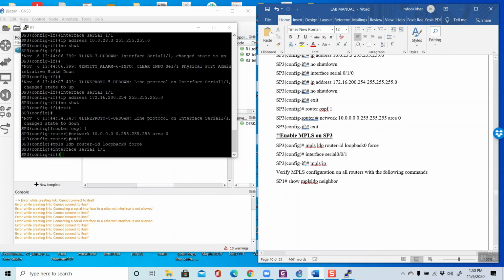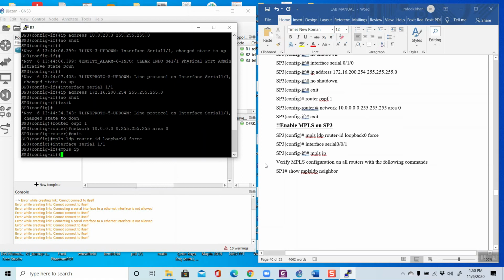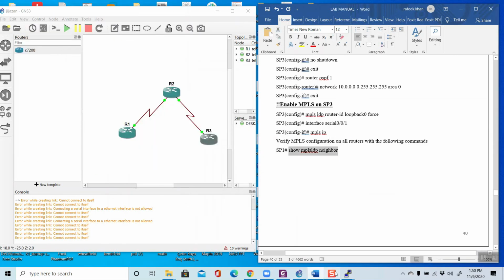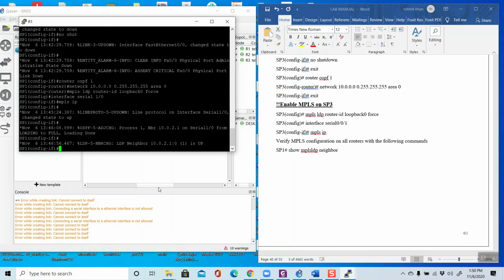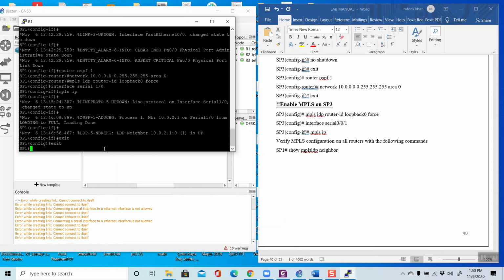Okay, now we will verify. Go to enable, we will check whether it is enabled or not. Go to router 1, exit, right exit, again you can write the same command. Now see, it is enabled.